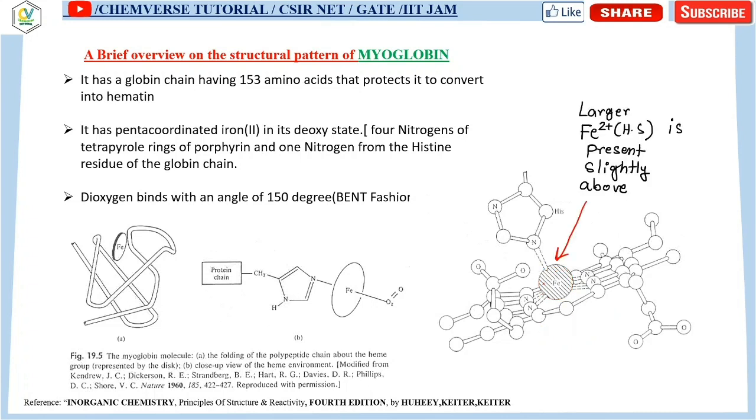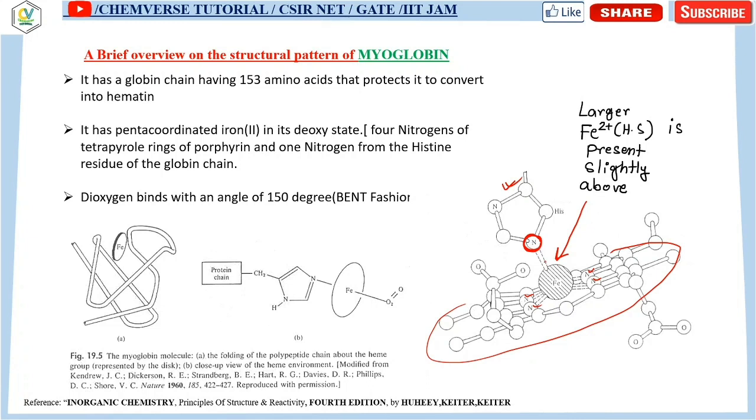So iron 2 plus is right now in high spin, because over here there is no oxygen attached. These are 4 nitrogen of the tetrapyrrole ring of this porphyrin ring. This is basically the porphyrin ring, and this is basically the histidine nitrogen. This nitrogen is the histidine moiety. So now it's a penta-coordinated iron. Clear? This iron is penta-coordinated, and over here you can see that it is present slightly above the plane